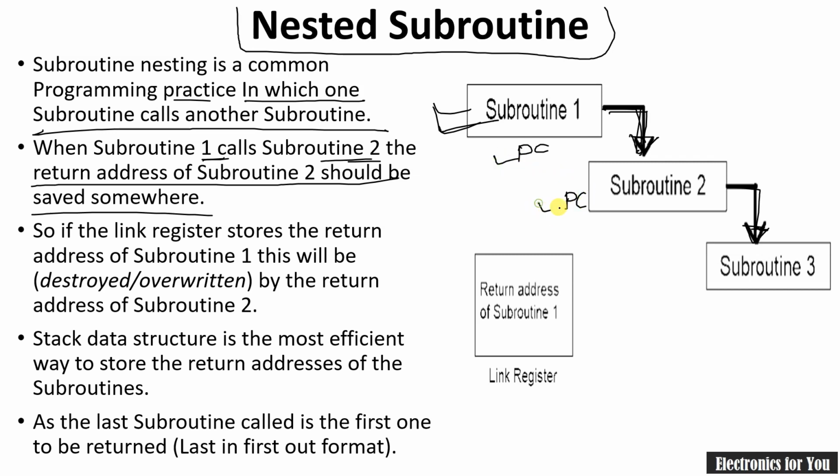Here it is modified, then again it is modified, then this subroutine is executed, and the program counter is always holding the address of the next instruction to be executed, and therefore it will have this address here, and